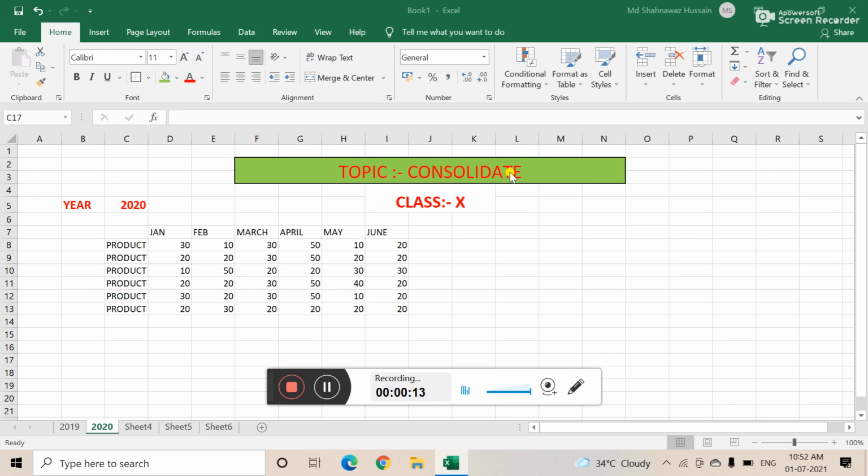Before starting the class on consolidated data, I am going to discuss the definition part. Data consolidation allows you to gather your data from separate worksheets into a master worksheet. In other words, the data consolidation function takes data from a series of worksheets or workbooks and summarizes it into a single worksheet that you can update easily.